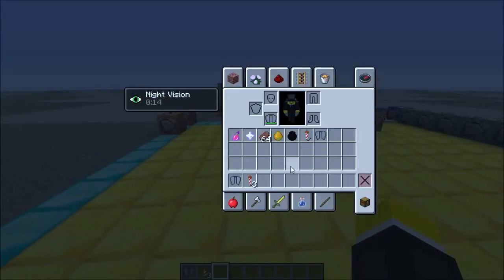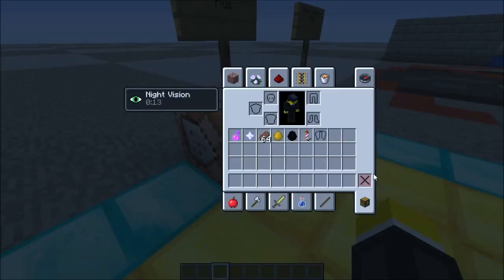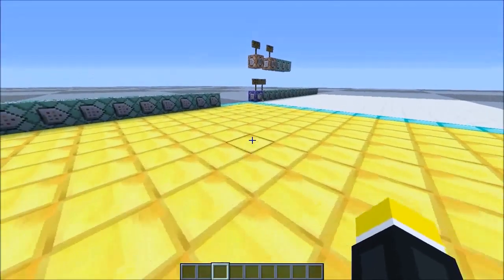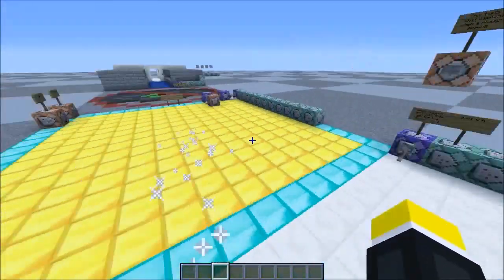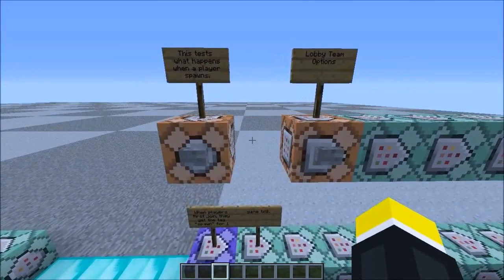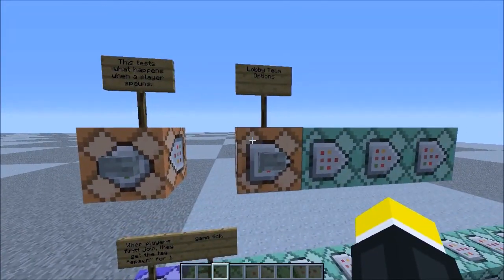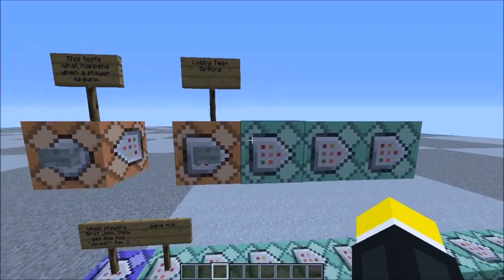And so that's pretty much it for Creative Plus. You can just click here to exit it and clear your inventory. And that brings us to our last thing, which is what happens when you first spawn in the world. So first of all, we've got